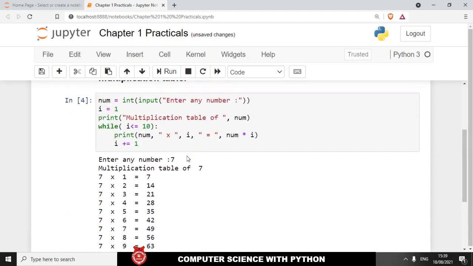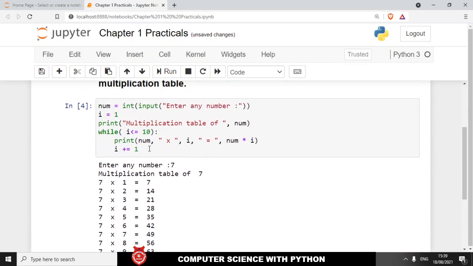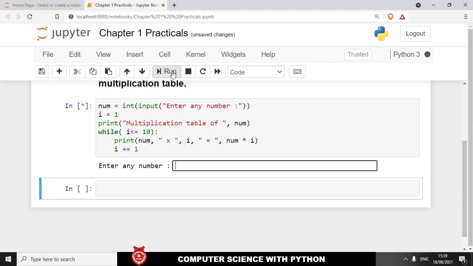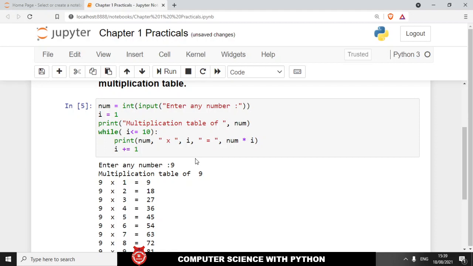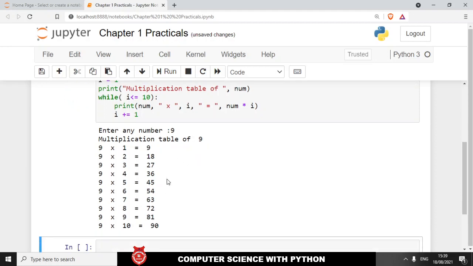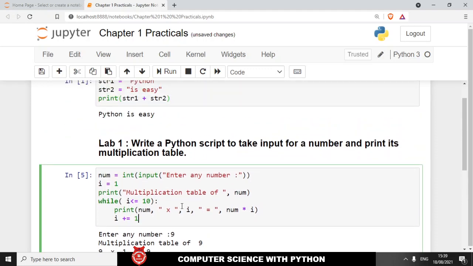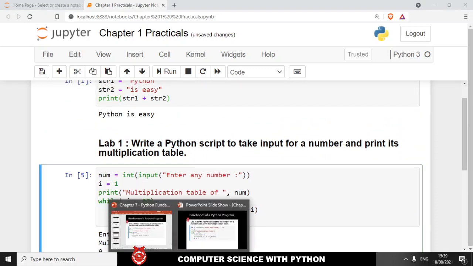Now it's correct. So like this you can, if you run this one more time, if you say 9 and press enter, so 9 table will be printed, something like this. So this is lab number 1. It is a multiplication table. All right, let's go back to the slide,